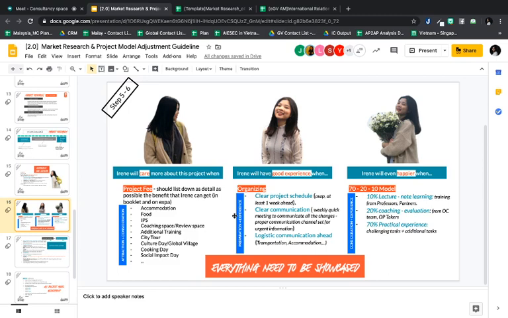Okay, and the most important thing is everything needs to be showcased, because maybe the iGV side has this kind of thing, but they never showcase it for the EP, and then maybe the EP doesn't feel connected, or doesn't feel attracted to this kind of project. Okay, so for me this is a win-win situation. It's not just about how we can make sure of the EP experience, but also how we can ensure that the iGV project can be as attractive as possible.